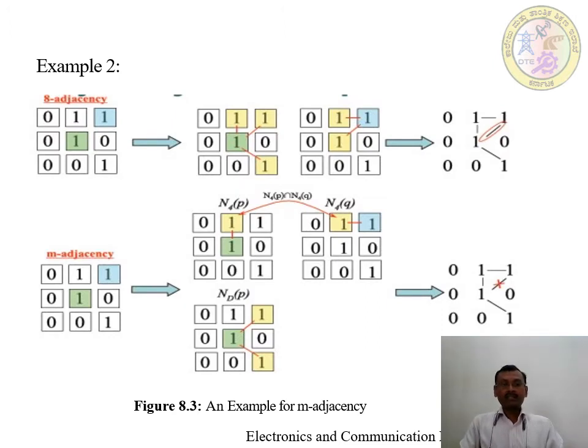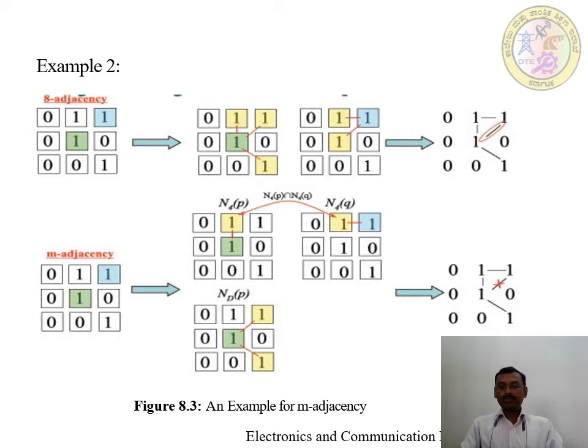Now let us see example number 2 for 8 adjacency and M adjacency. Here you can see the N4 of P and N4 of Q, where the N4 of P will give you the horizontal and vertical connectivity, which are adjacent pixels, and N4 of Q for the corner pixel, which is Q, and for that the adjacent pixel is the one which is the horizontal neighbor,